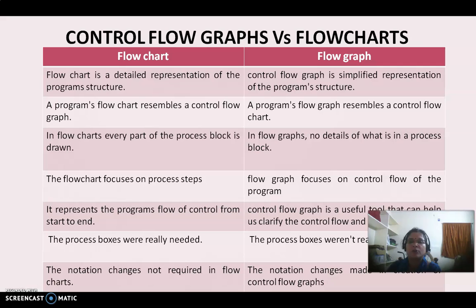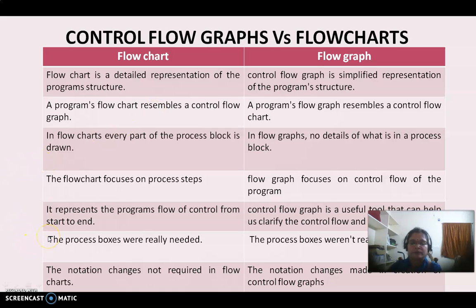Whereas the control flow graph represents the flow of control from the initial to the end state. We can also say the control flow graph is an abstract representation of the programming structure, whereas the flowchart is the detailed representation. Like that, the clear differentiations are given for the flowchart as well as the flow graph.